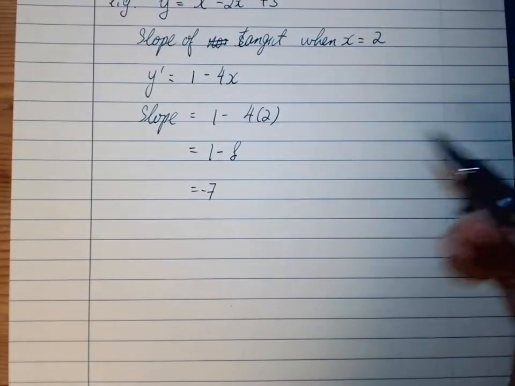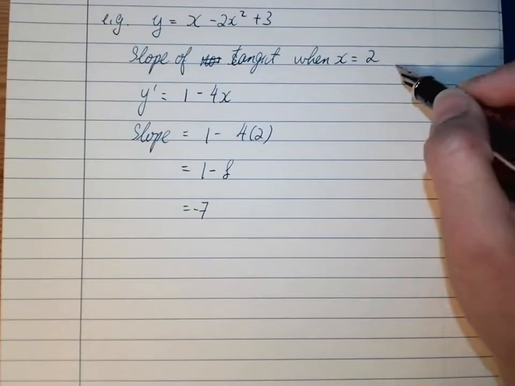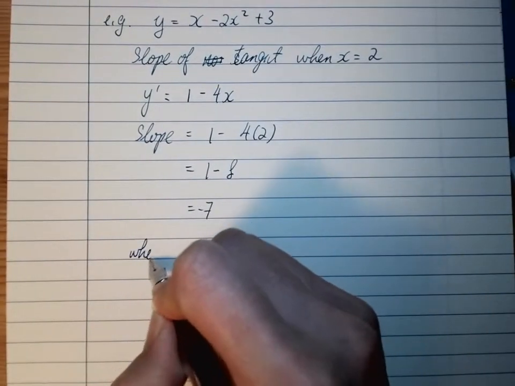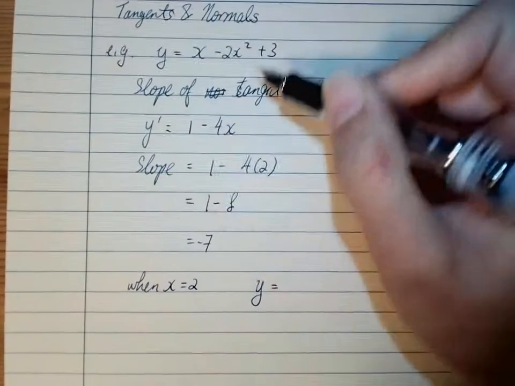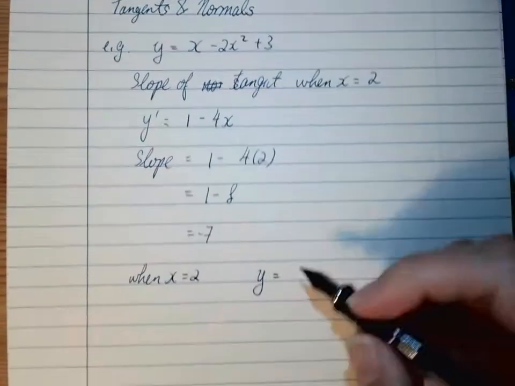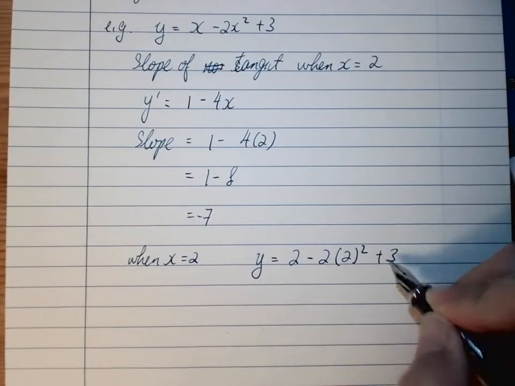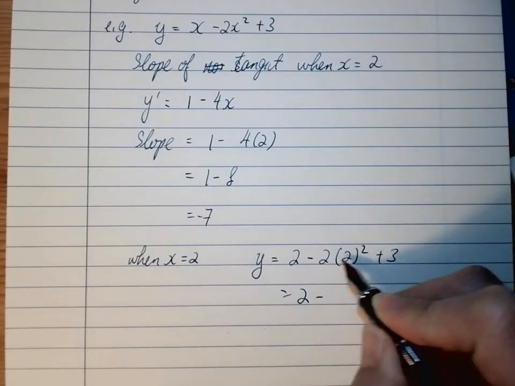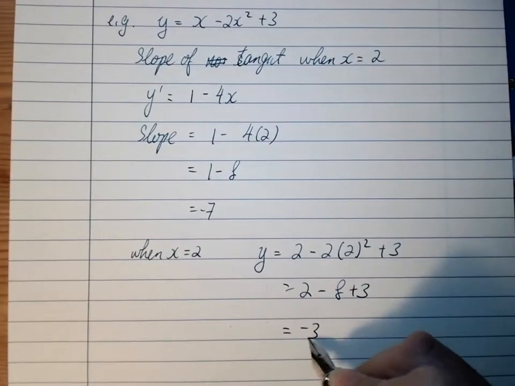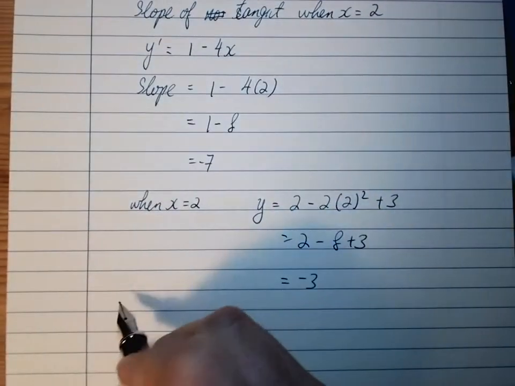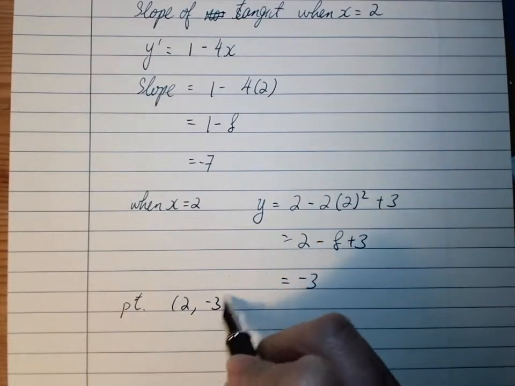Now what we can do is, we got the slope here, and we need the second point when x equals 2. I need to find y now. So put x into the original function. So I have 2 minus 2 times 2 squared plus 3. So I have 2 minus 8 plus 3, so I have negative 3. Which means that now I got a point (2, negative 3),